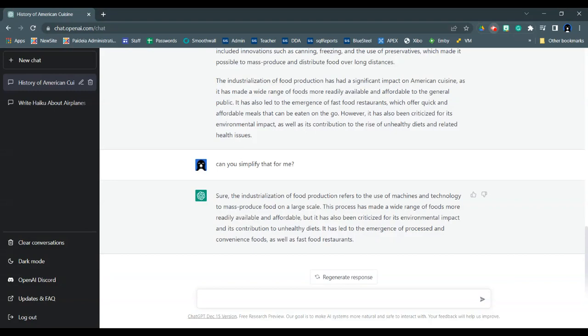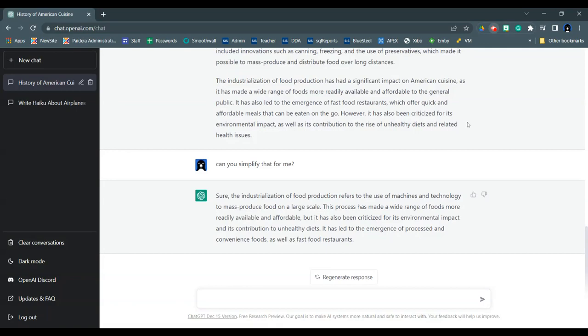It's even possible to take some text that you have, that you would love to use in your class but think the reading level is too high for your students. Try copying and pasting the text in here and say, simplify this, colon, and then paste all of your text in. It's going to do its best to simplify and break down the text in a simpler format. So that's a way you can use this tool within your classes to differentiate and get different reading levels for different types of students on an assignment.